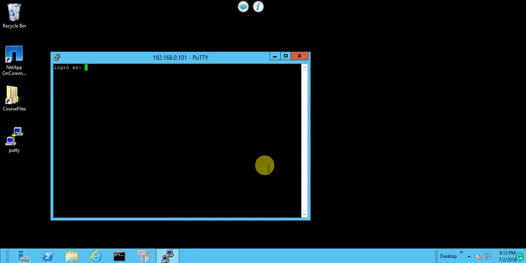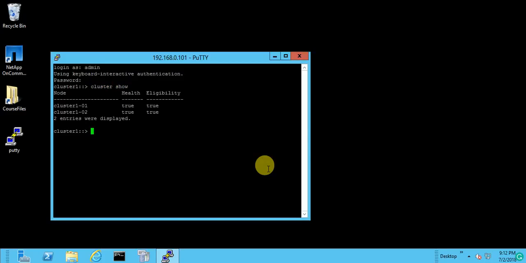Now the user ID will be admin and the password will be NetApp123, and the N will be capital. So from here you can see the number of clusters created. For that, type cluster show. You can see here there are 2 clusters already created in this ONTAP